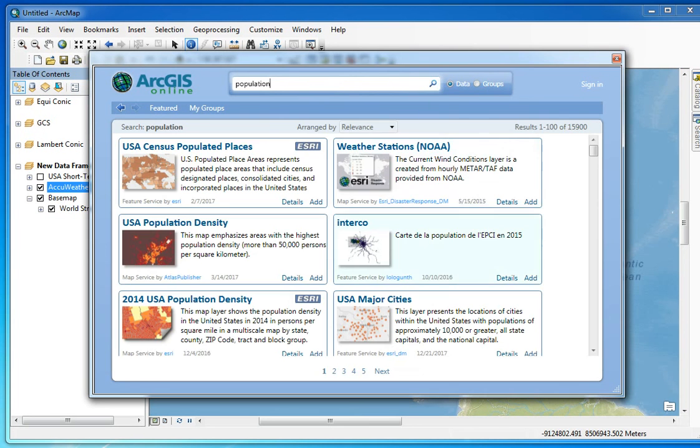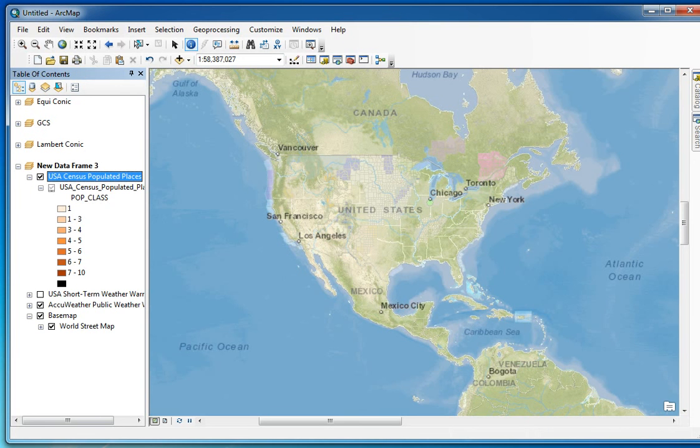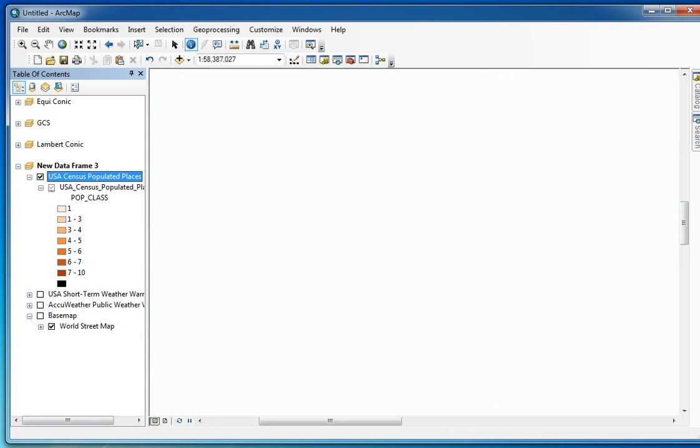So we're not getting Oregon population. Okay. Oh, weather stations. But let's look at just add this census populated places. Okay, so there it is. And my guess is it is not showing up because